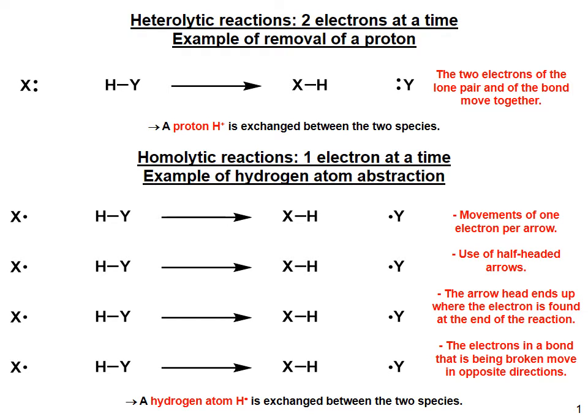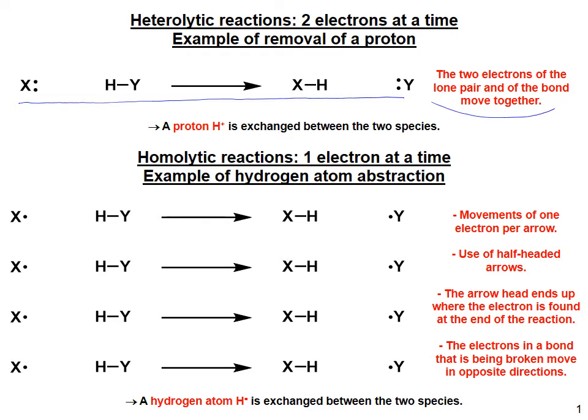Hi, so in this first short video, we're just going to look at something that you're going to need when you're trying to draw a mechanism for a fragmentation reaction, and it involves homolytic reactions. Like is shown at the top here, what you've seen so far in Chem 250, Chem 251 are heterolytic reactions. These reactions are characterized like what is written here, and that these reactions involve the simultaneous movement of two electrons